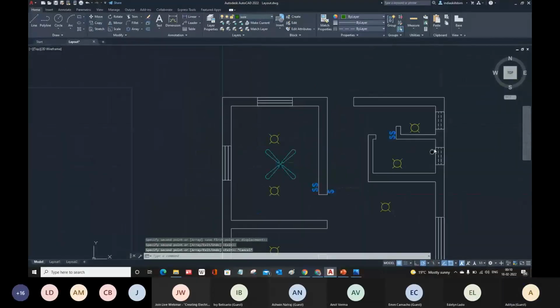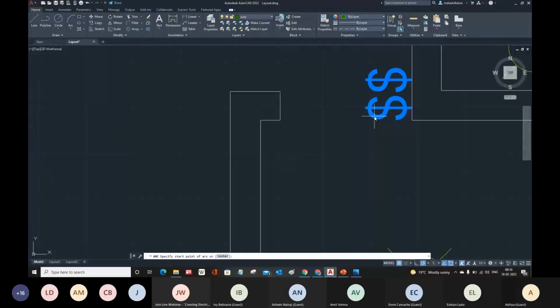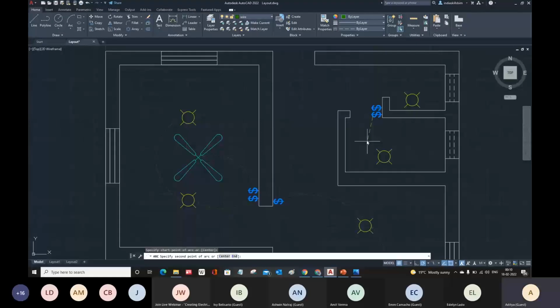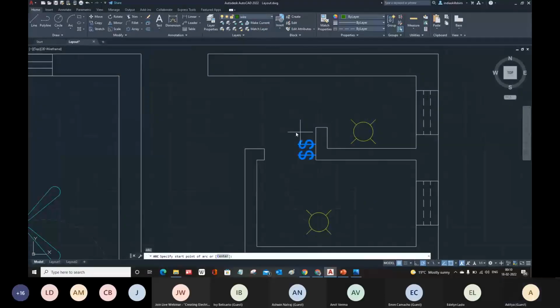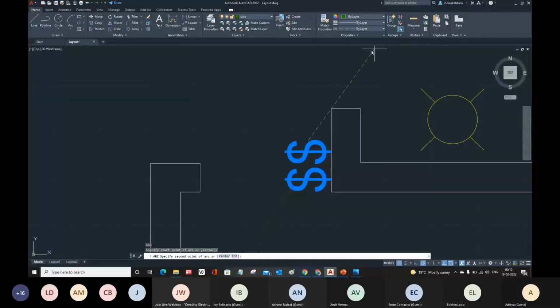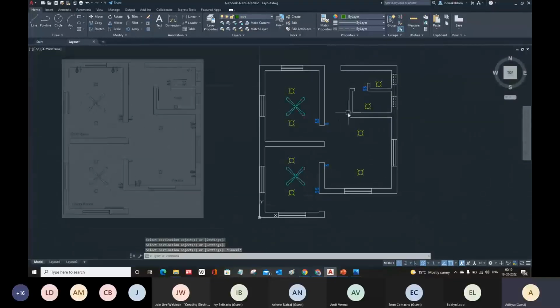Okay, so arc starting from here, second, third, same way I can connect this one, and then match. So this way you can utilize your AutoCAD commands to create these electrical equipments, circuits, and everything.